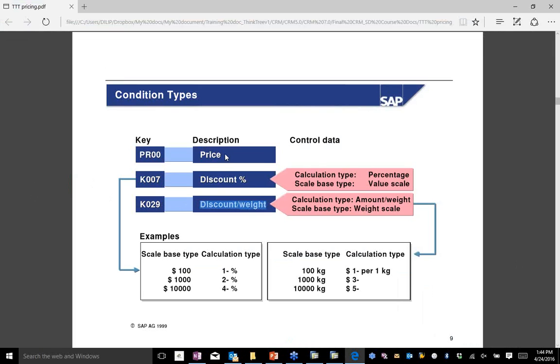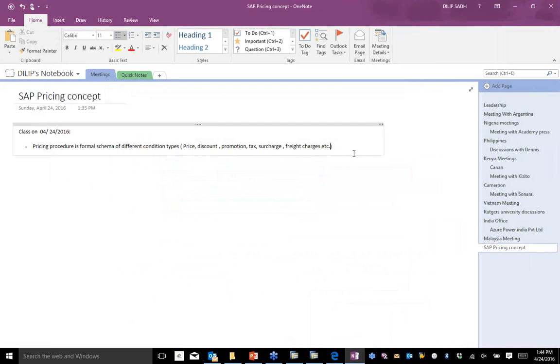Now, each of these condition types is associated with various types of control data. Important statement, so make a note: every condition type is linked with various control data,